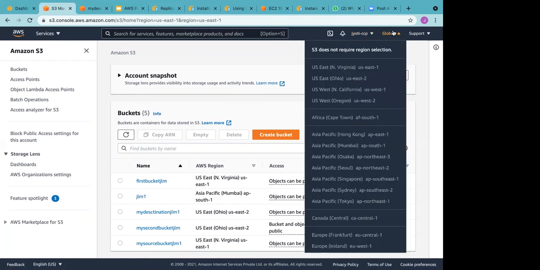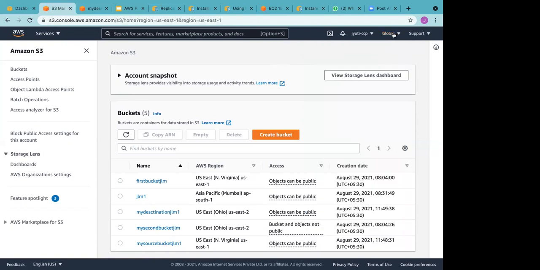So the next service which we are going to talk about is EC2. Till now, whatever we studied, IAM or S3, we saw it's a global service. There, you don't need to specify any region. But with EC2, etc., you need to select a region. So here, this is set to global, and you can see the buckets which have been created in different regions: Asia Pacific, US East, North Virginia, Ohio.